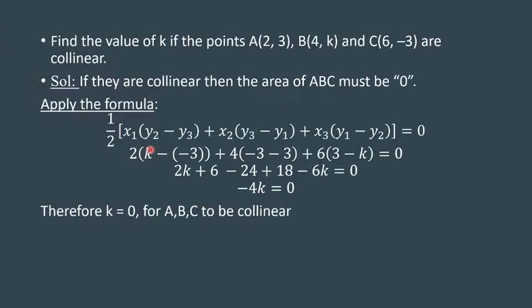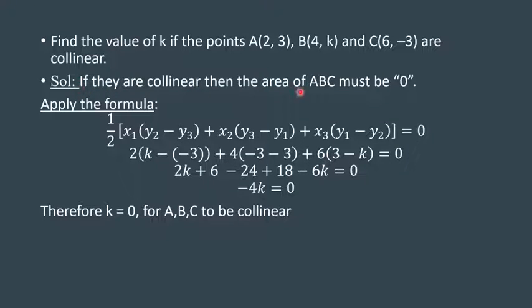Let us look at some examples. So this is a simple example I found. Find the value of k if the points A 2 comma 3, B 4 comma k, and C 6 comma minus 3 are collinear. We've seen this problem in distance formula as well, that if we want to know the collinearity between 3 points, we find all the sides between the 3 points, like AB, BC, and CA, and then find the sum of two sides and equate it to the third side and do various combinations. But here it is much easier.